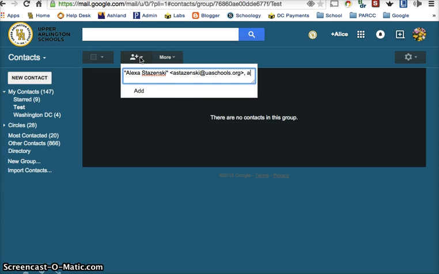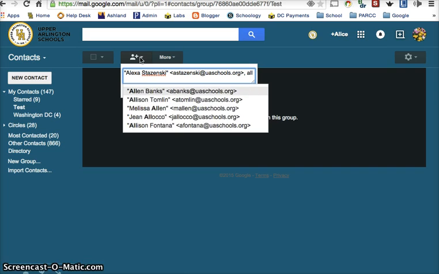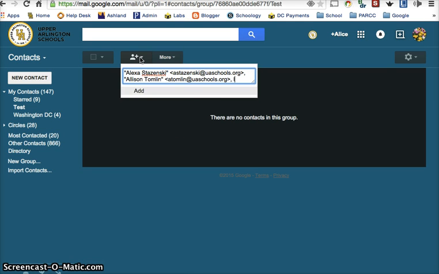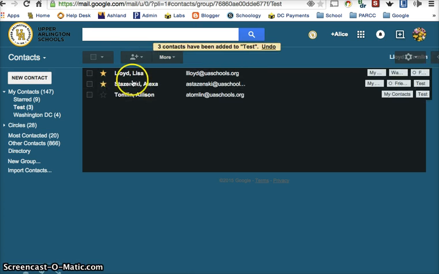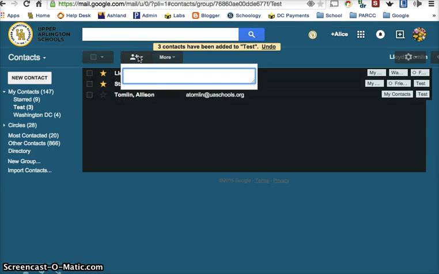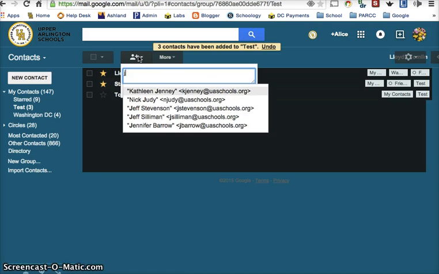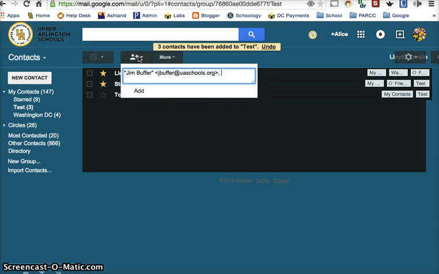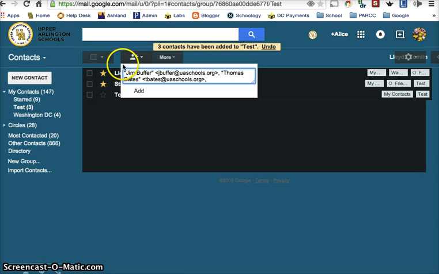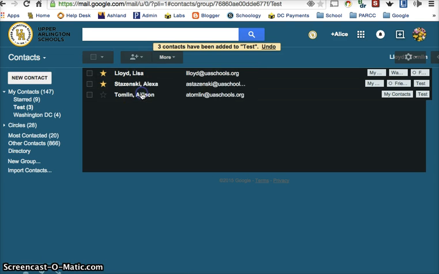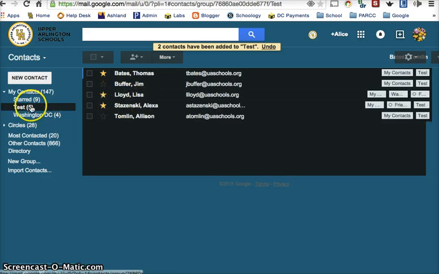So let's put a couple people in here. And then I'm just going to hit Add, and you'll see that they are right there. If I want to add more people, I can just go up here and put more people in and just hit Add. So I've got, and you can see over here in the parentheses, I've got 5 people in my test